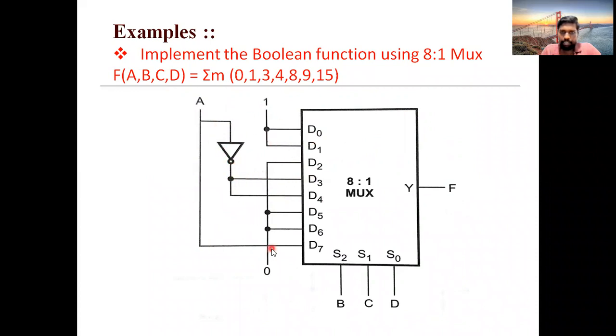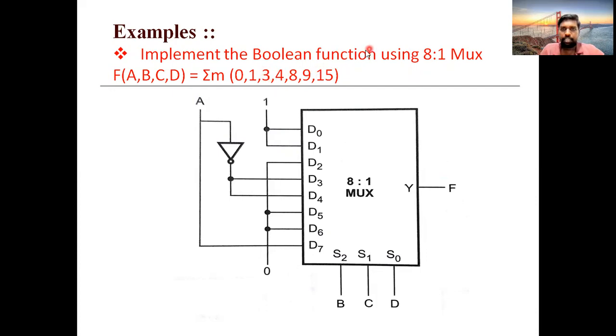Like this I connected, and I wrote 8 inputs, 3 selector inputs. As I took A, I converted this A into a normal input. Therefore, the remaining will be B, C, D. These B, C, D will be given for the 3 selector inputs, and you will have only one particular output. So like this, you can convert the original multiplexer into the asked one. This implementation is very, very important. So please learn this concept of multiplexer.